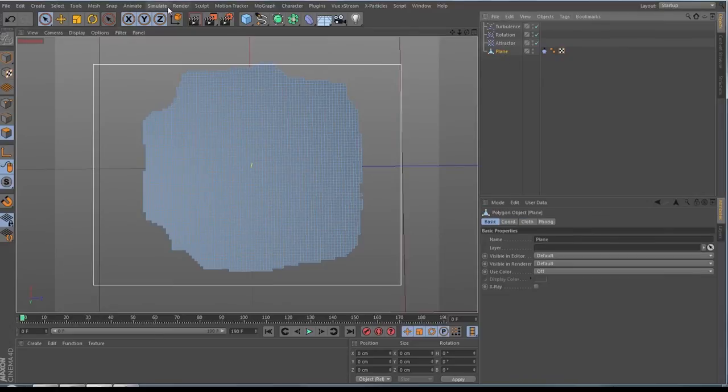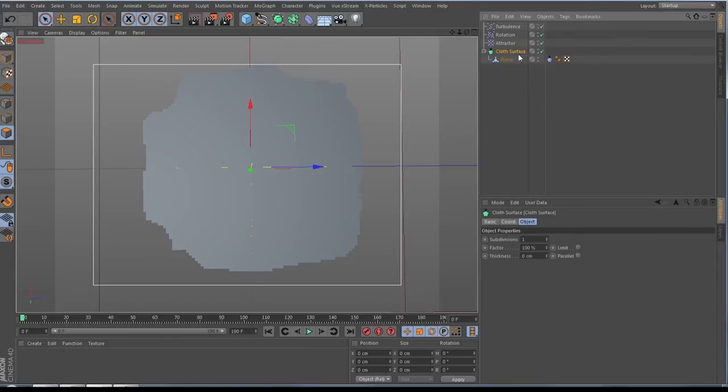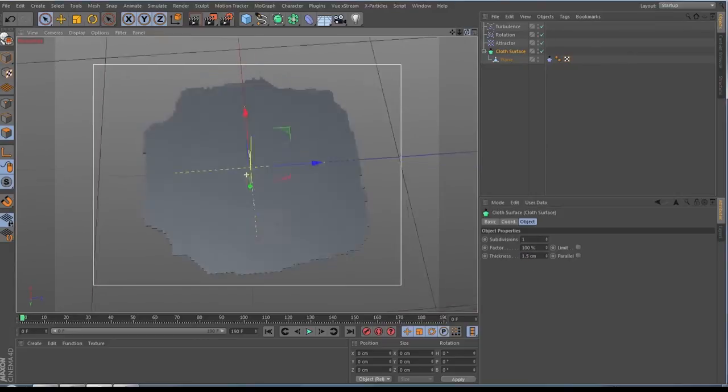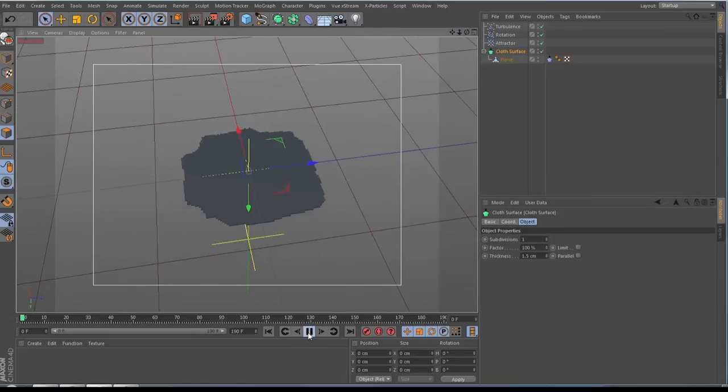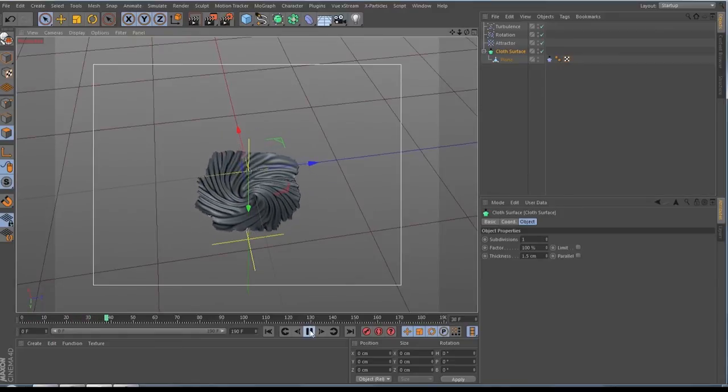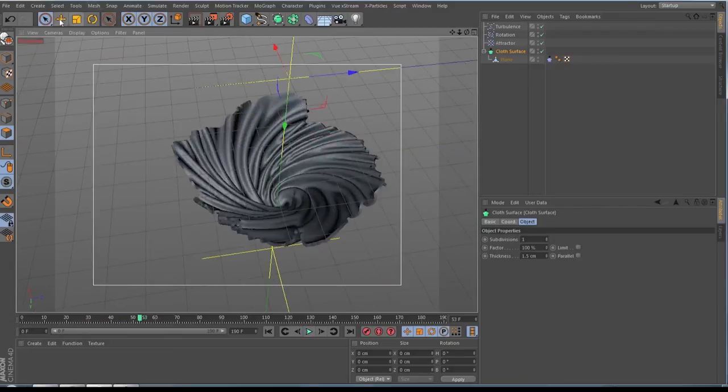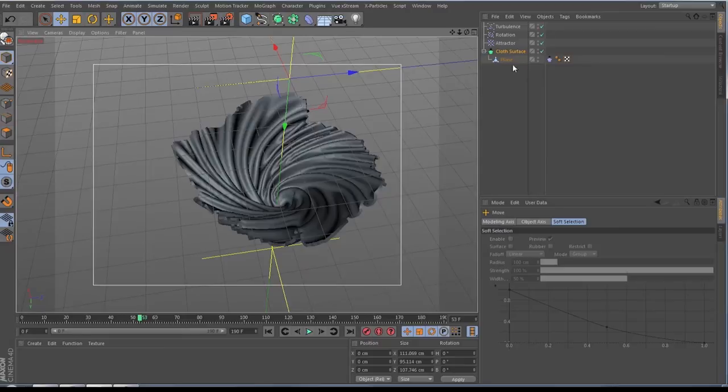We go now and add a cloth surface. We can make 1.5 thickness to it, and then we play again. So at 55 was it, like this. This is okay for me. I go for that,